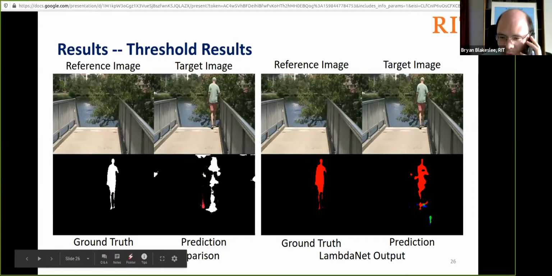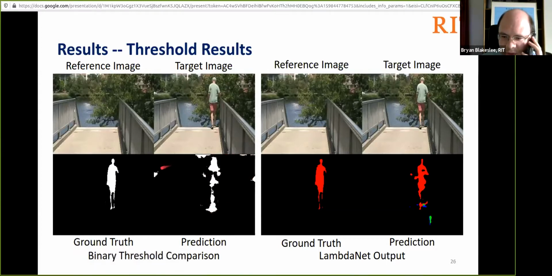We've tuned the threshold to get basically the best possible results for indicating that this man is a change of interest. Unfortunately, what you also see is a number of small spurious detections that are basically meaningless due to the trees blowing in the wind, as opposed to LambdaNet, which actually segments the individual correctly, but also rejects many of those spurious changes from the leaves that would not be of interest to a human.